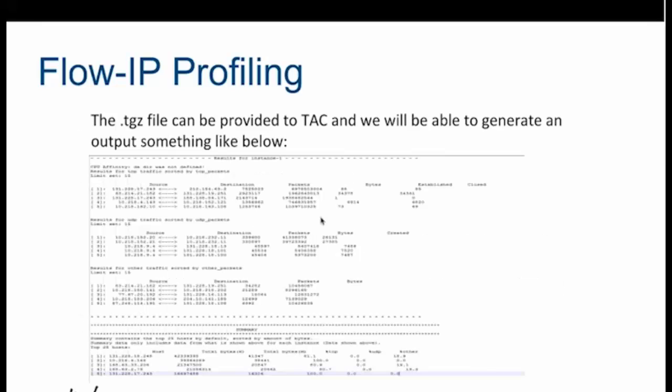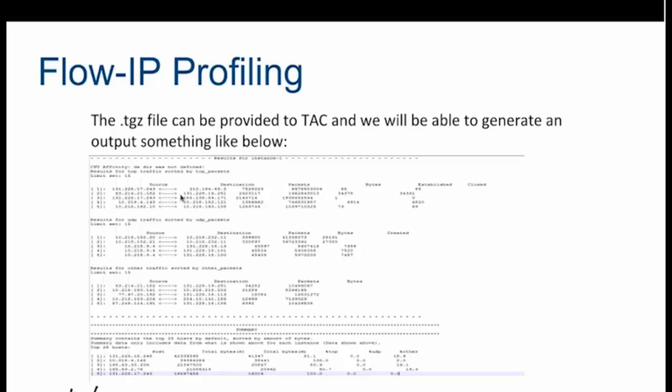So here is one of the screenshots of a traffic. When we collect this data, we put it into a script which gives us a more appropriate output, which can be used to gather the statistics related to traffic. It says that there is a source and a destination, and that many packets are being transferred. This is the bytes transferred between these two